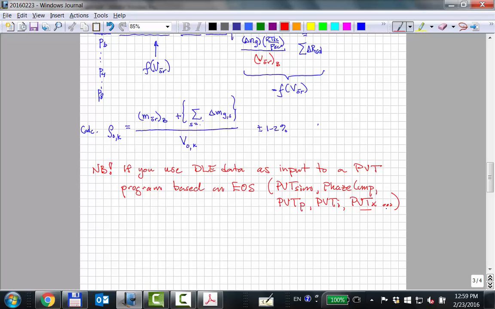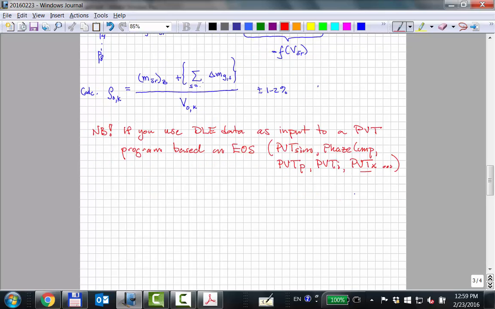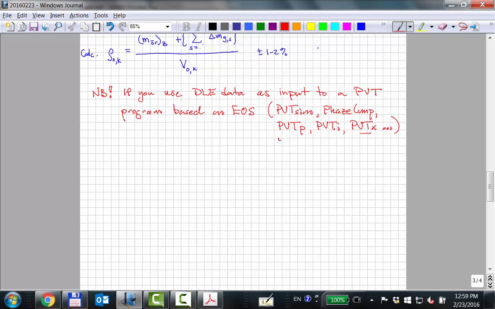If you're going to input the data to such a program, as part of the exercise of tuning the equation of state parameters to your measured data, okay? All of these programs, when they simulate the differential liberation test,